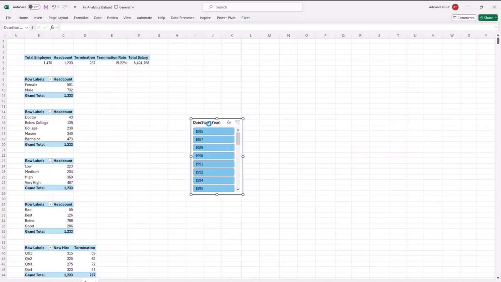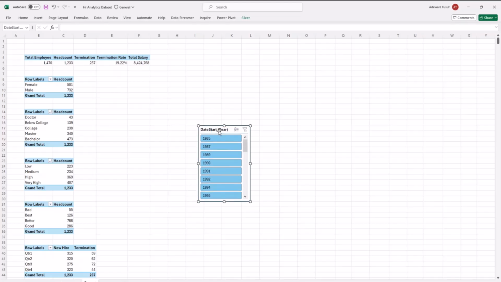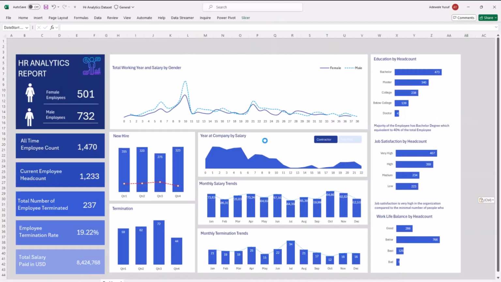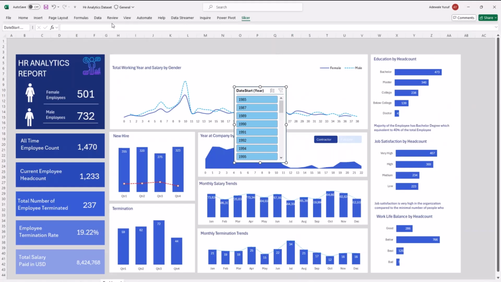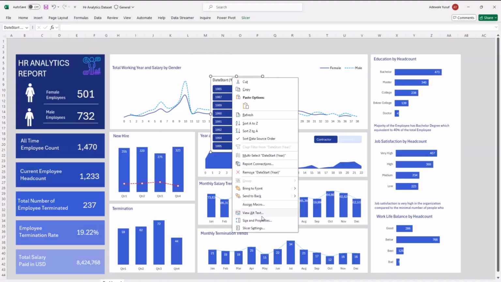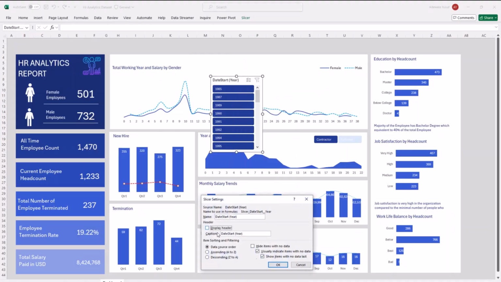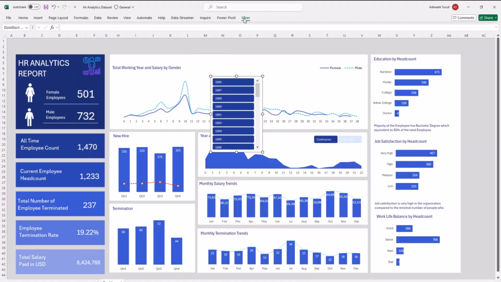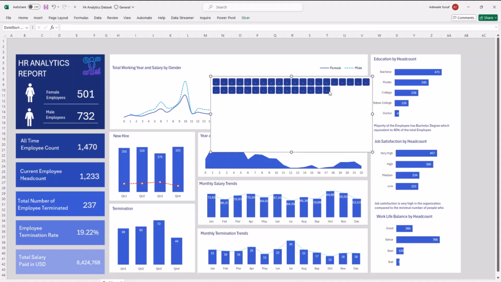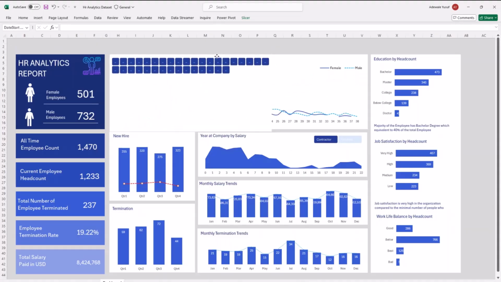Once you do that, I've done the report connection now. So I'm going to take it to my dashboard. Paste it here. So this is it. I'm going to use my slicer design, which is the design that I use. So in this design, I'm going to remove the header. So go to slicer setting, remove the display header, click OK. Then here, I'm going to make my slicer maybe 20. I think 20 should make sense because I have a lot of years in there. So I'm going to put that right here. Just put it at the top, somewhere here.